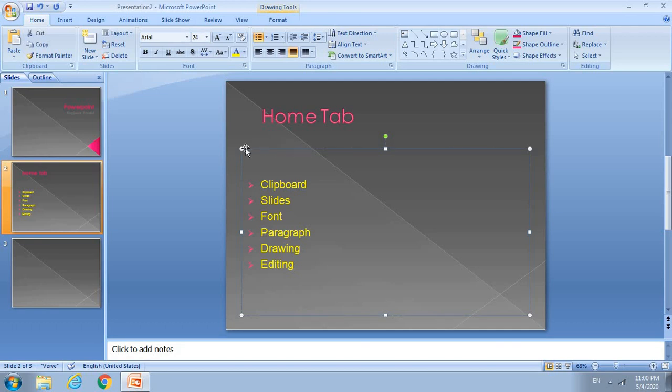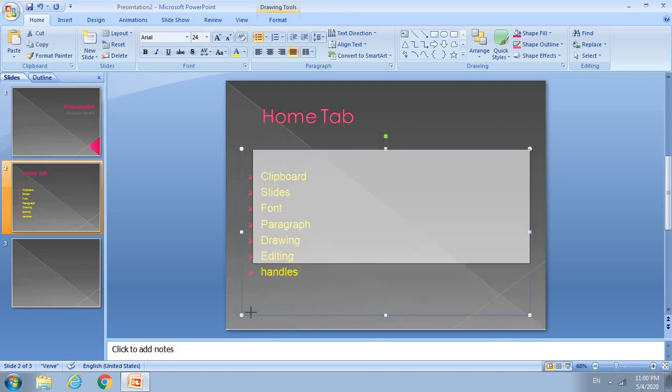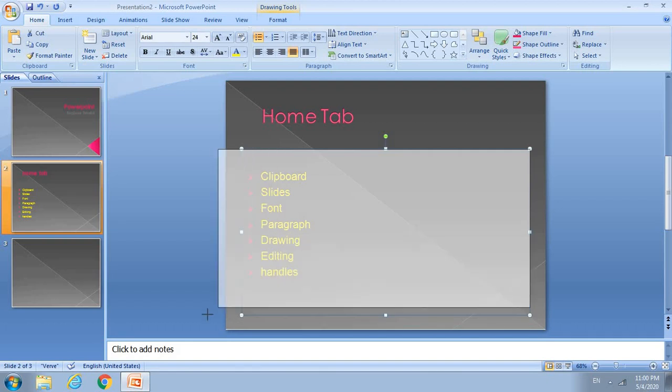This box has all these tiny circles, squares. These are called handles. You can use them to resize the box, or just adjust it however you want.